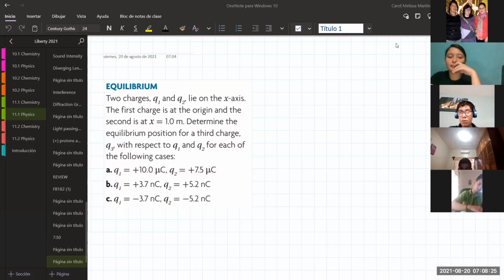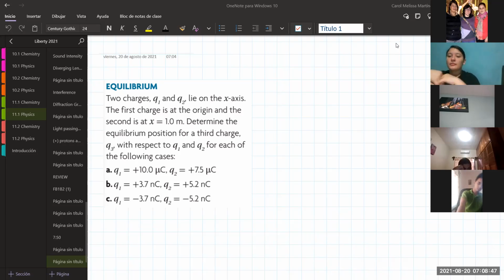The charges Q1 and Q2 lie on the x-axis. The first charge is at the origin and the second at 1 meter. Determine the equilibrium position for a third charge, Q3, with respect to Q1 and Q2 for each of the following